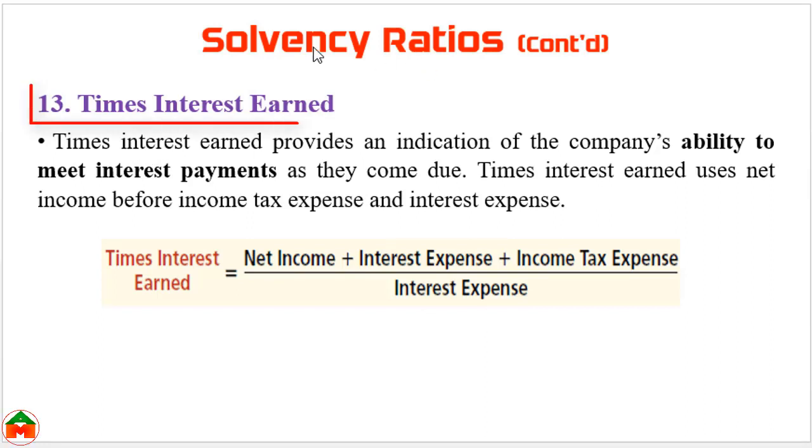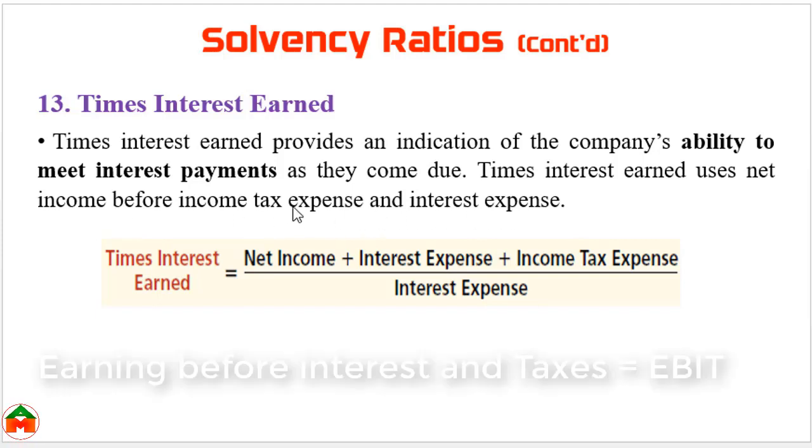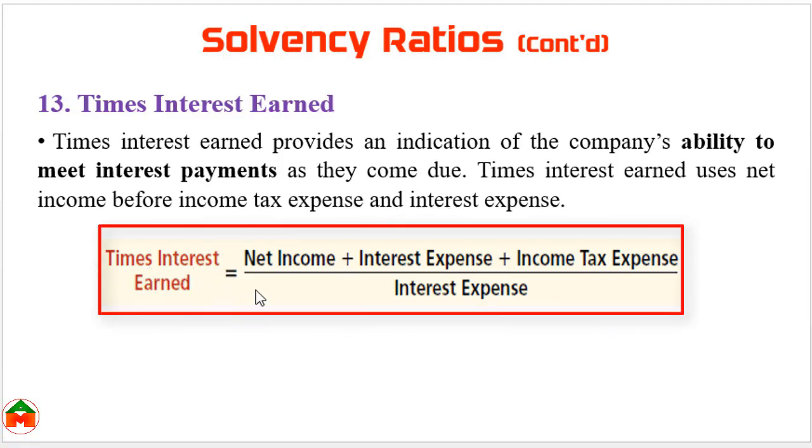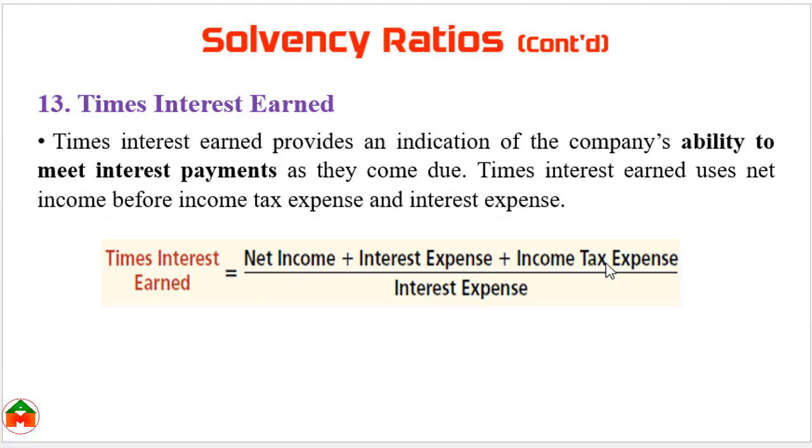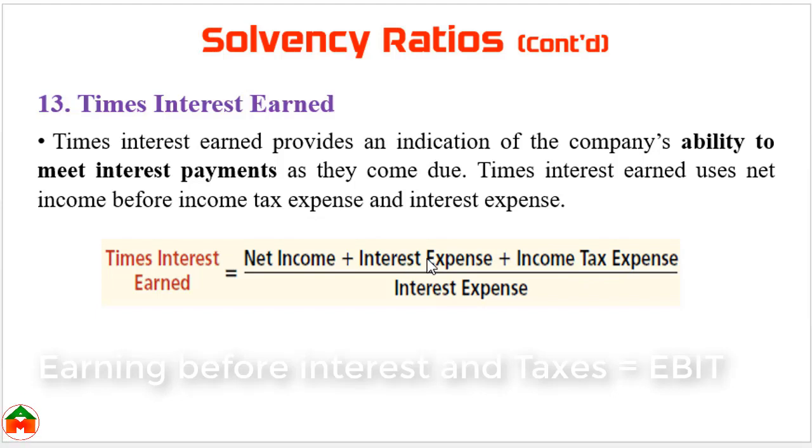The next ratio under the solvency ratio is times interest earned. By this times interest earned, we get an idea about the ability to meet the interest payment as they come due. Times interest earned uses net income before income tax and interest expense. This is also known as earning before interest and tax. The formula is times interest earned equals net income plus interest expense plus income tax expense. These three items can also be considered together as earning before interest and tax,